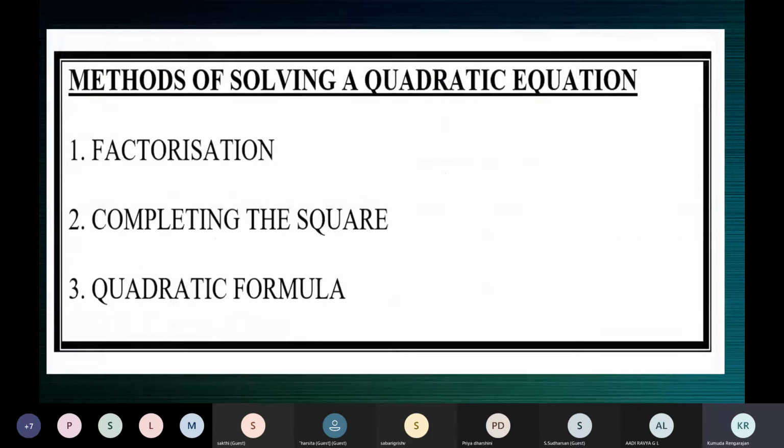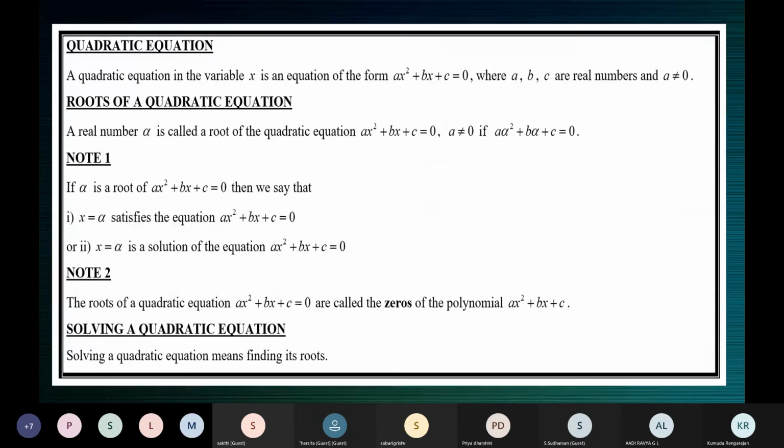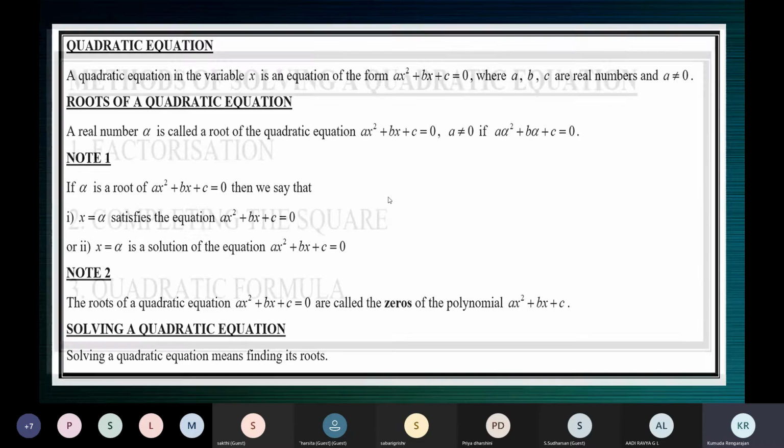Let me show you the slides from the beginning. So this is what we understood yesterday. All this you know, because you've seen it last year plus this year in polynomials. You can just take a screenshot and it's enough if you just go read this. You may write it. I'm not saying you don't have to write. It depends on the time you have because you have the other subjects also. So you may just read this. You cannot forget these details.